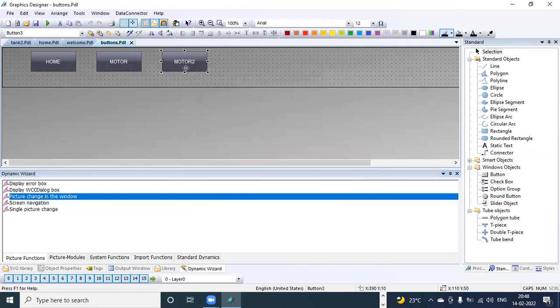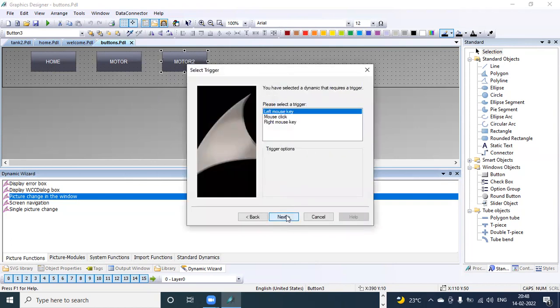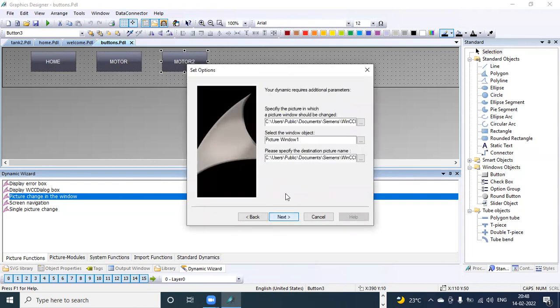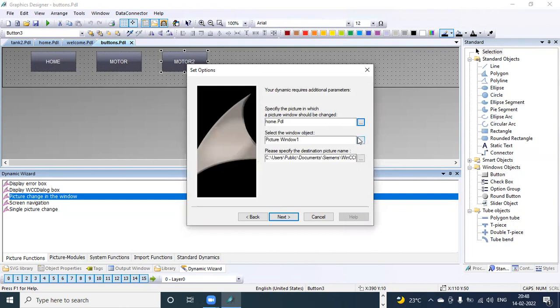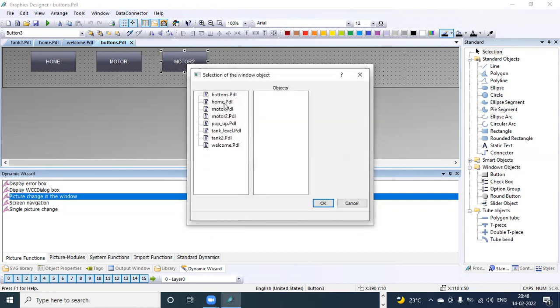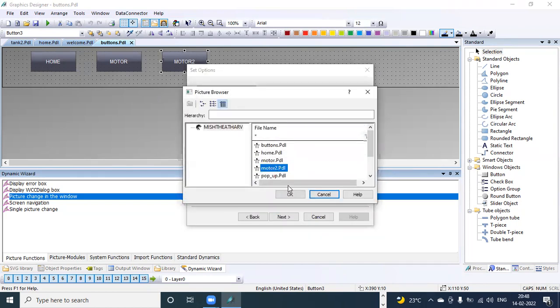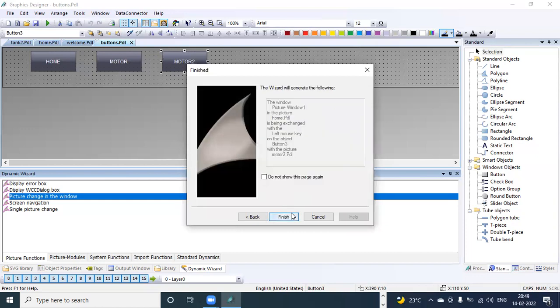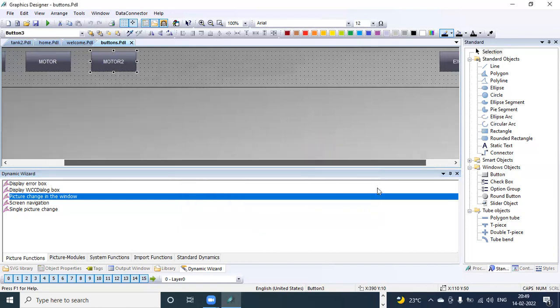Similarly for this. Next, next, home. In home, picture window one. So okay. Picture motor. Next, finish.